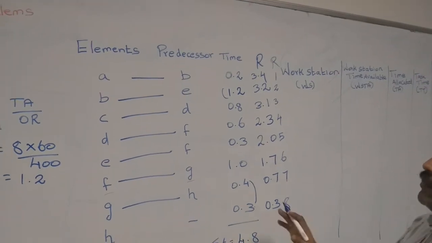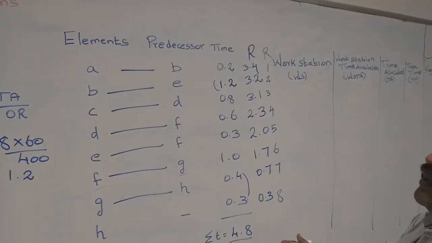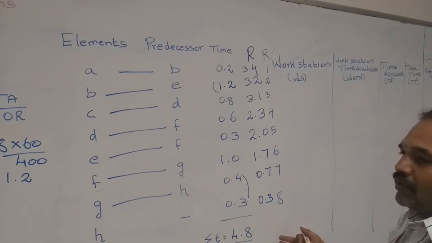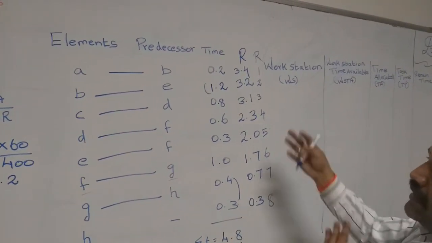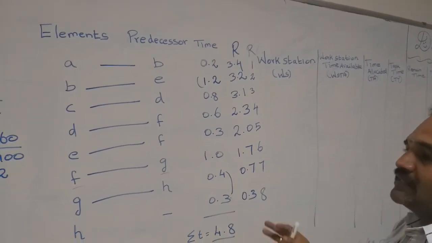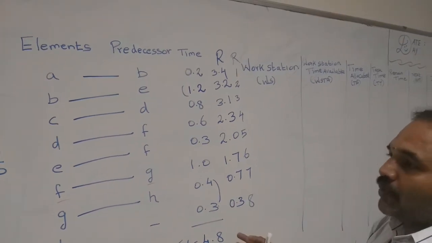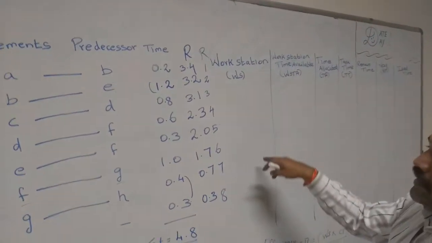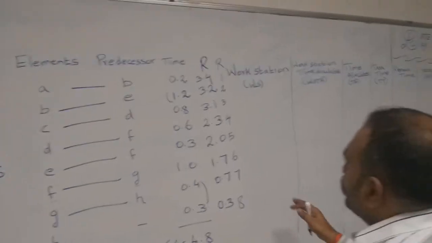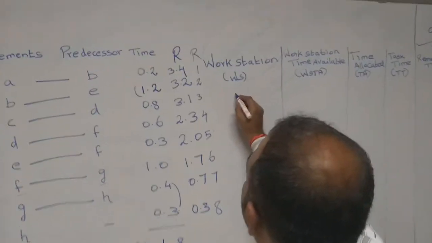For all the problems, we cannot get this rank in sequential order. You will be getting the rank in a different way. So we can see different ranks in the next problem, right? So we are going to calculate the workstation. Here consider the workstation value starts as 1. This is the first workstation.